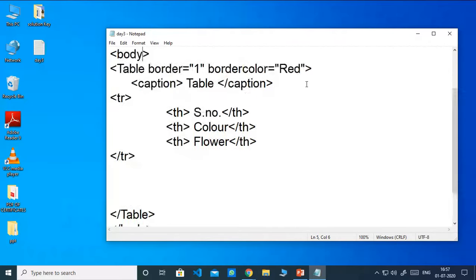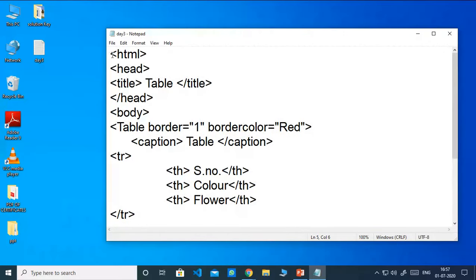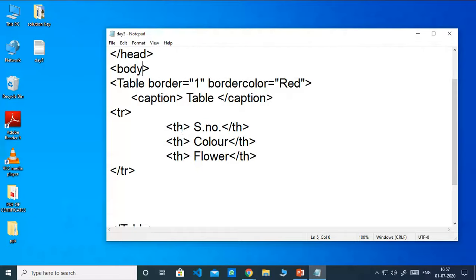So very basic tags I have written here: HTML, head, title, then head close, body, table border is equal to 1, border color is equal to red as you have done in your previous session, caption, the heading of the table is table. Then these are the basic headings which I have used with the table heading tag: serial number, color and flower.